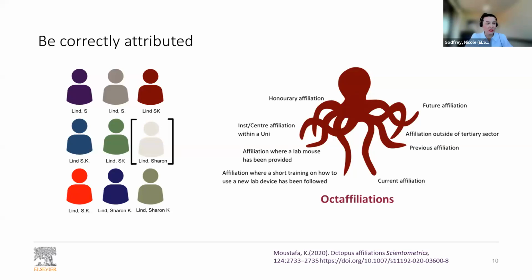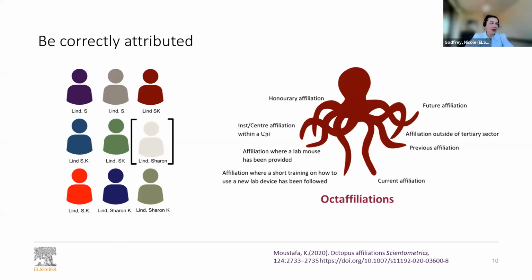So if you do, on other platforms, consult with your institution or with the authorship and publication policy to ensure that you're following the guidelines. Correct affiliation is important for your institution as well as for you. So include your affiliation on your ORCID ID and other research platforms such as Scopus. So make sure it's up to date and visible. Next slide,